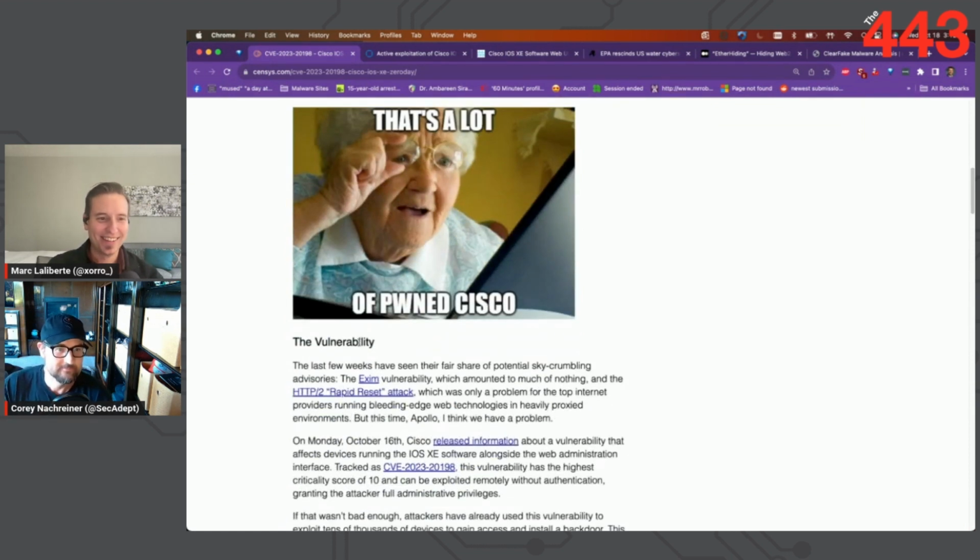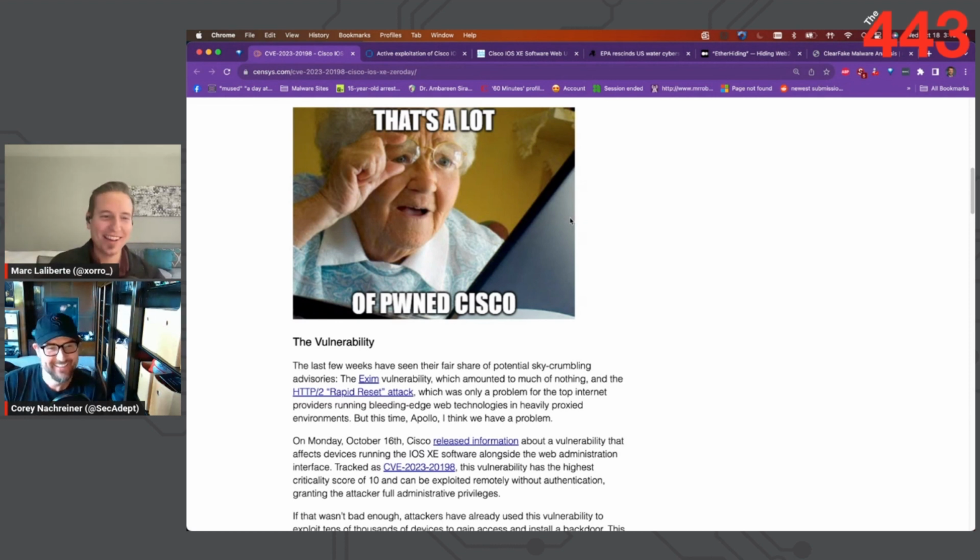Exactly. By the way, for the listeners out there, they have a meme that says "that's a lot of pwned Cisco." Exactly, as the elderly lady is lifting her glasses to focus in on the computer screen. Is that how you describe that meme? Yeah, I think that's right. And yeah, we all know that Cisco admins are typically elderly ladies, or at least Cisco firewall admins. Get WatchGuard. They're young and cool. If we made this, I feel like we'd be allowed to throw that crap, but unfortunately, we don't compete in that space.